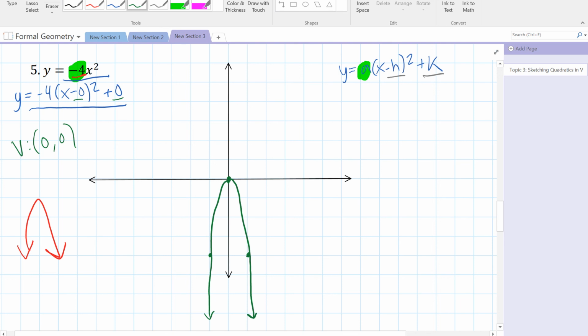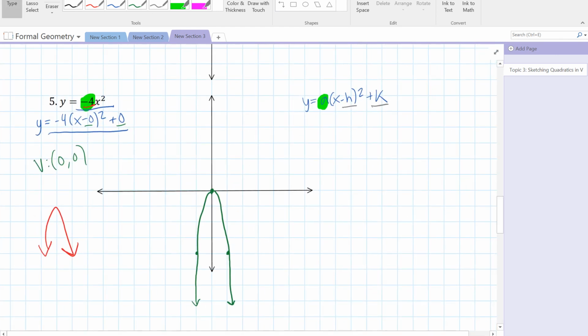Alright, so these are the basics of sketching a graph for a quadratic function in vertex form. Continue to part B of the video to